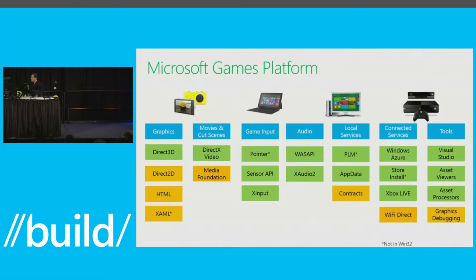All these yellow boxes, there were a few issues that we needed to work on. And I'm happy to tell you today that we fixed most of these, and now we're fully converged. For example, if you're writing a Windows Phone application, you can access Direct2D now. Or if you're writing a Windows Phone application or an Xbox One game, you can actually use HTML, right? And on HTML, for example, for Windows Phone 8.1 and Windows Store 1, we now have WebGL. So if you want hardware-accelerated graphics, you can get them out of an HTML platform.